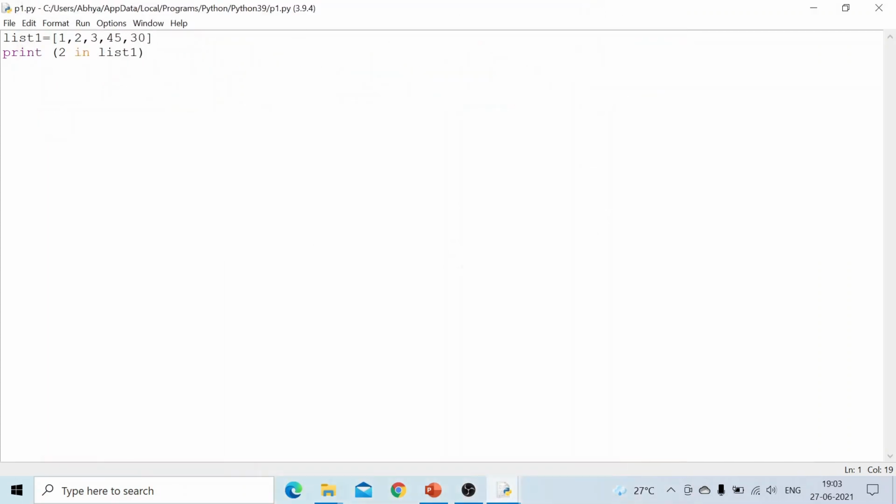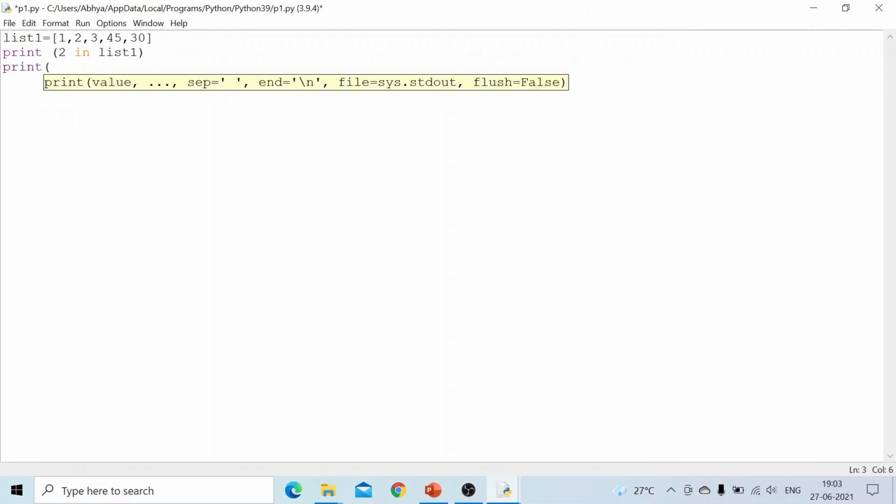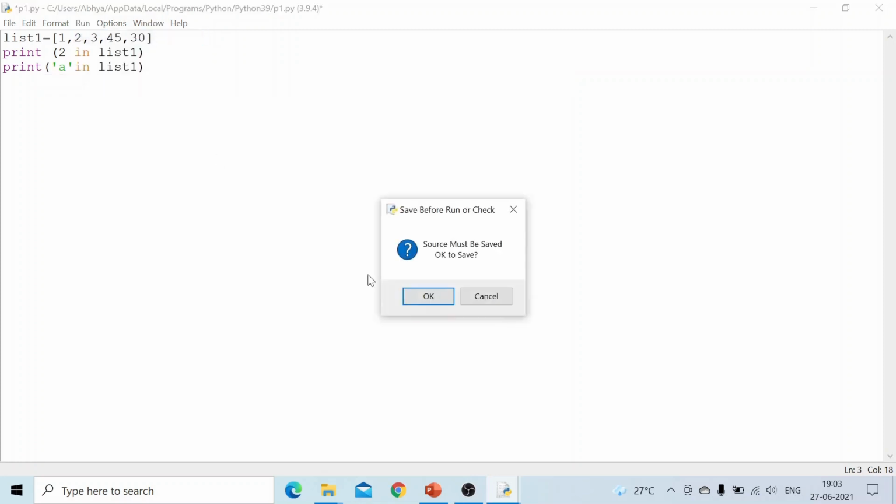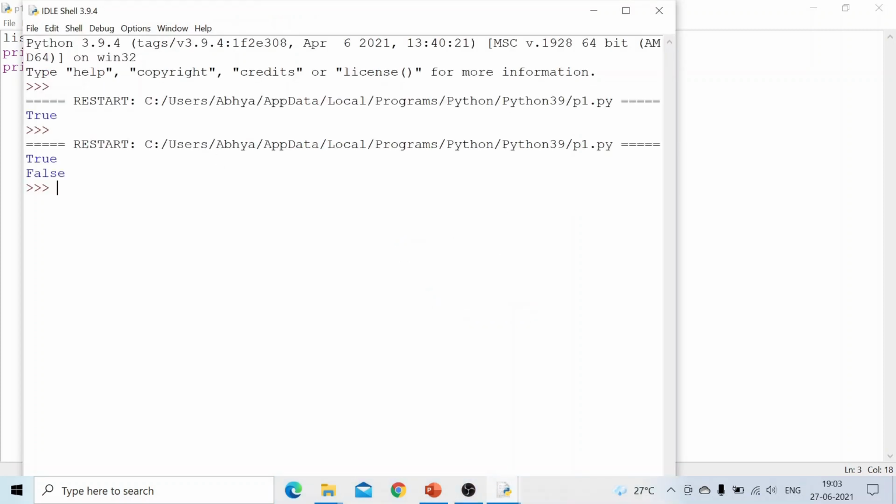Again we will check here. Suppose I am giving here a print of the character a in list1. Run this module, and your output is false. So in that way you will execute this.